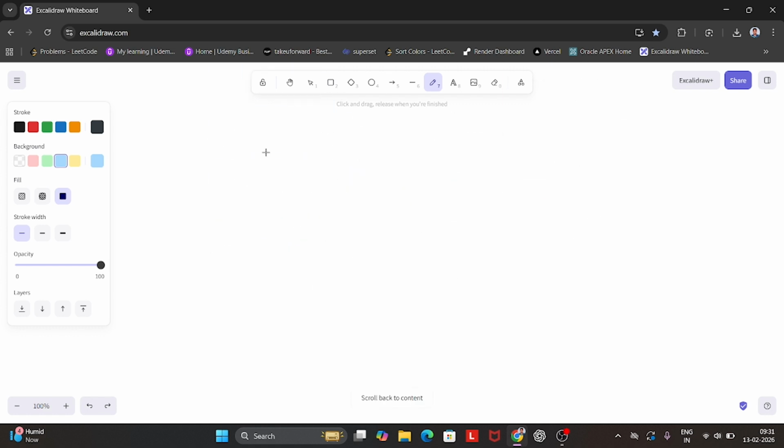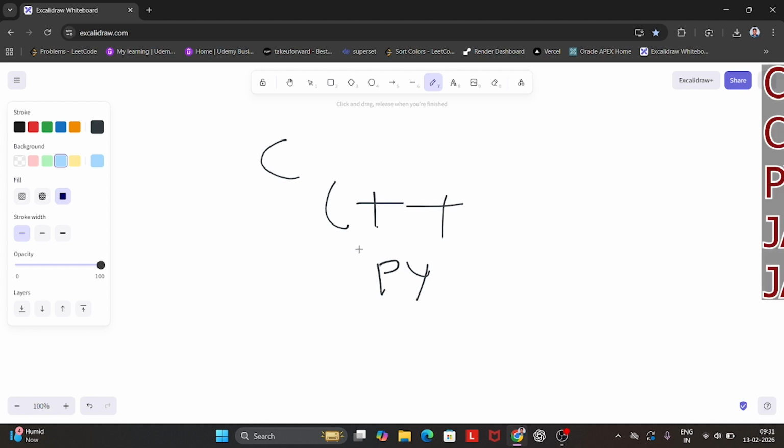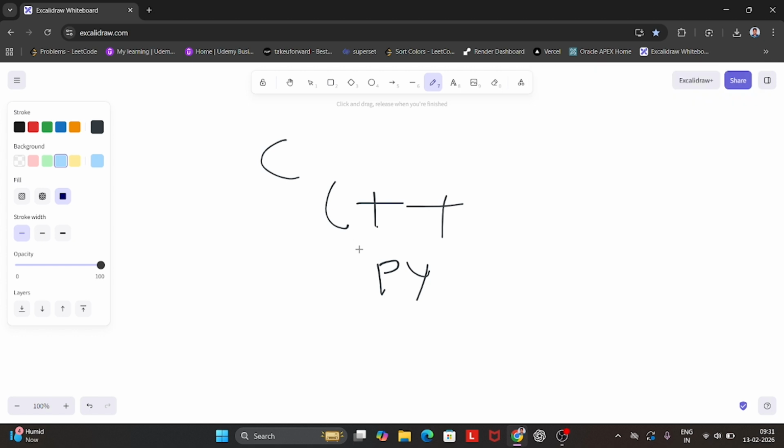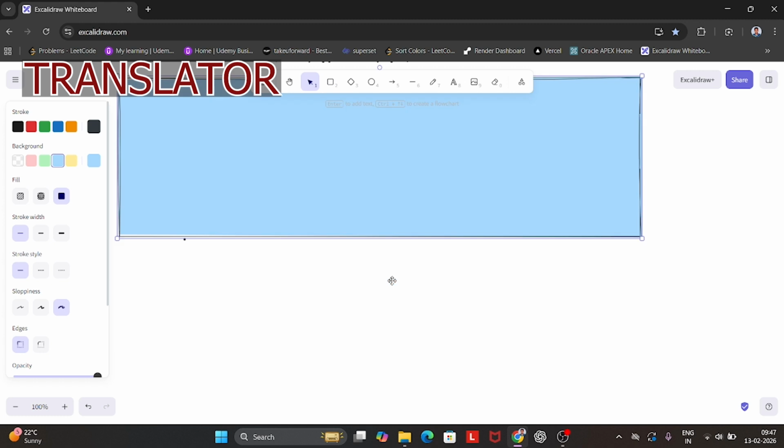Those programming languages, C++, Python, JavaScript, Java, are all programming languages. By using them, we can communicate with the computers. In between, there is a translator. There are two types of translators. A translator is used to translate